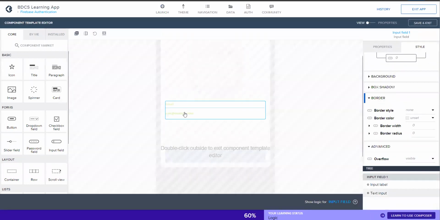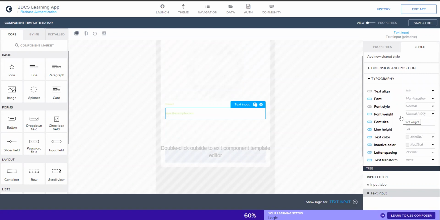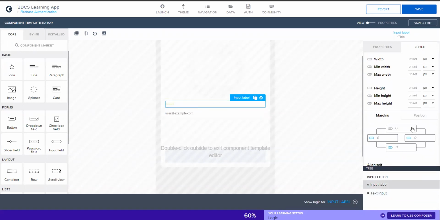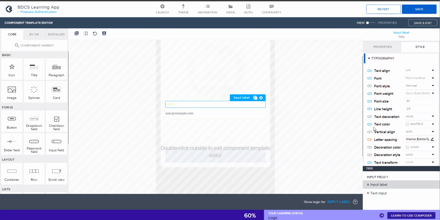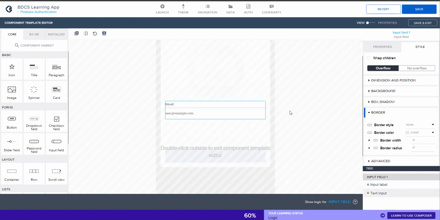I double click on it, go into focus mode, and then click on the font text color and make it black or a little gray. Then on the email section again, I do the same thing, text color, and in the color section, I make it a little gray and click on save.